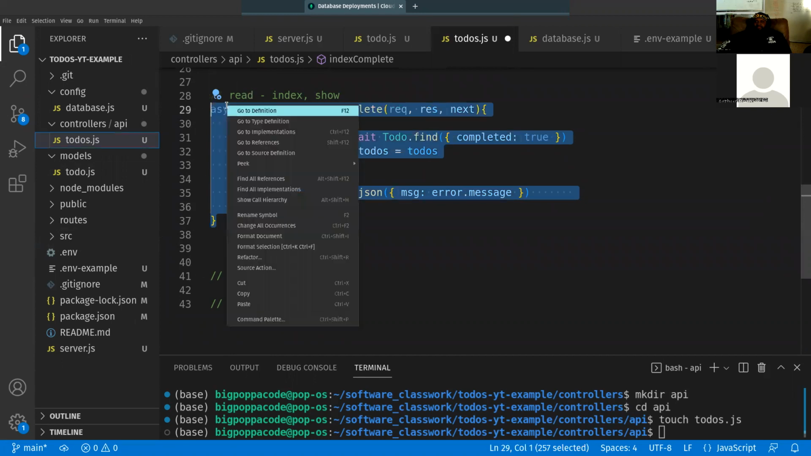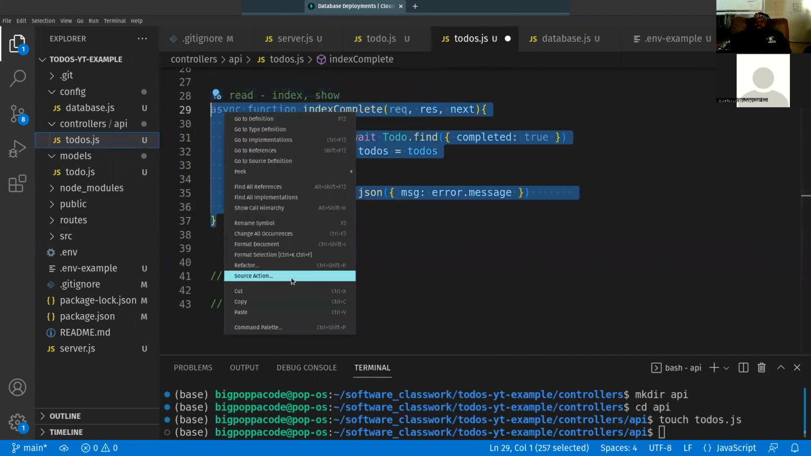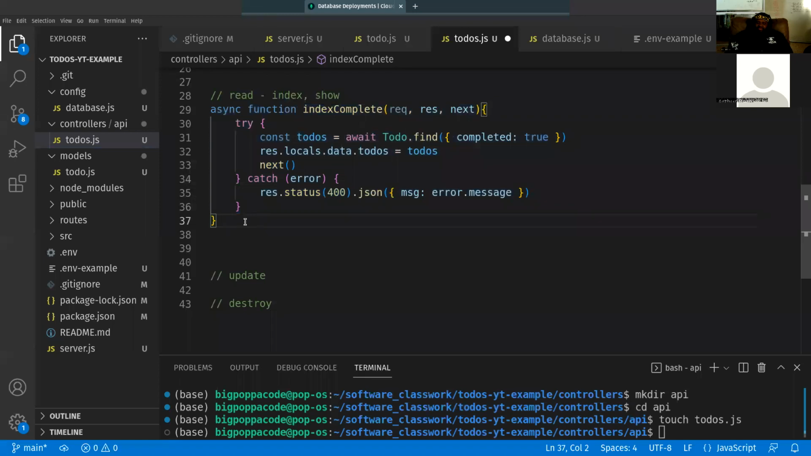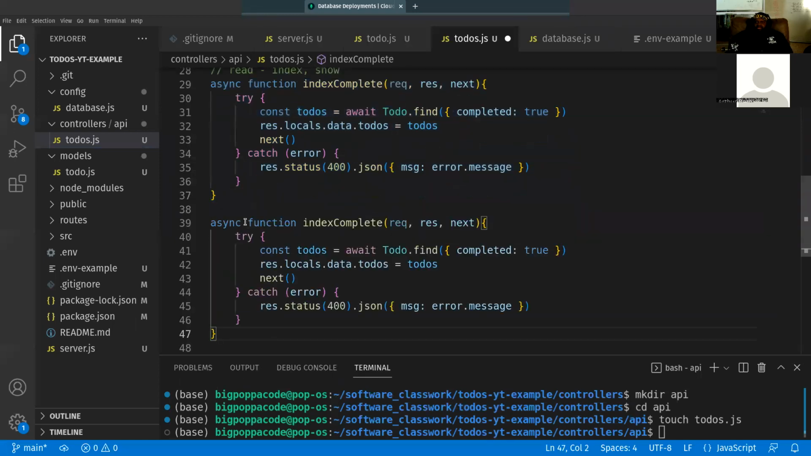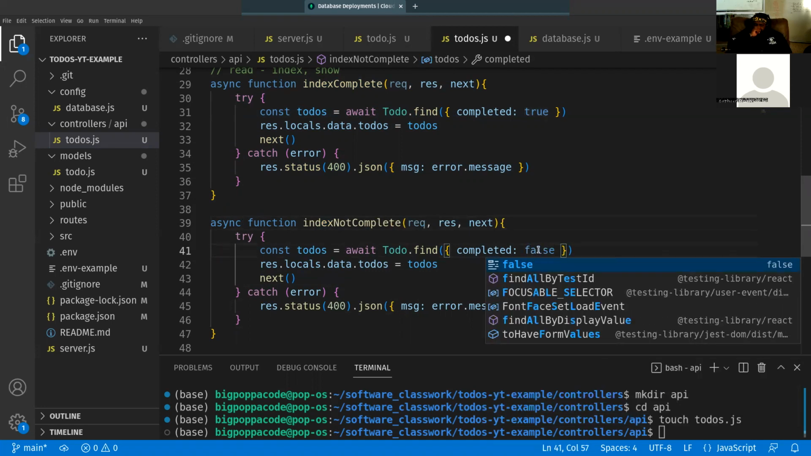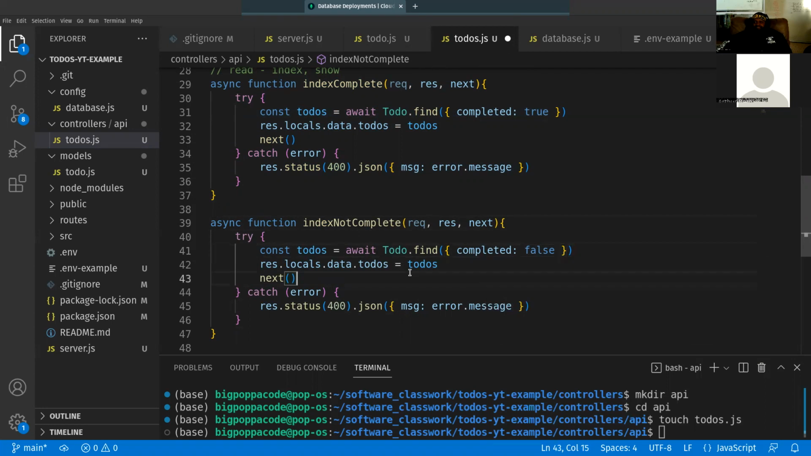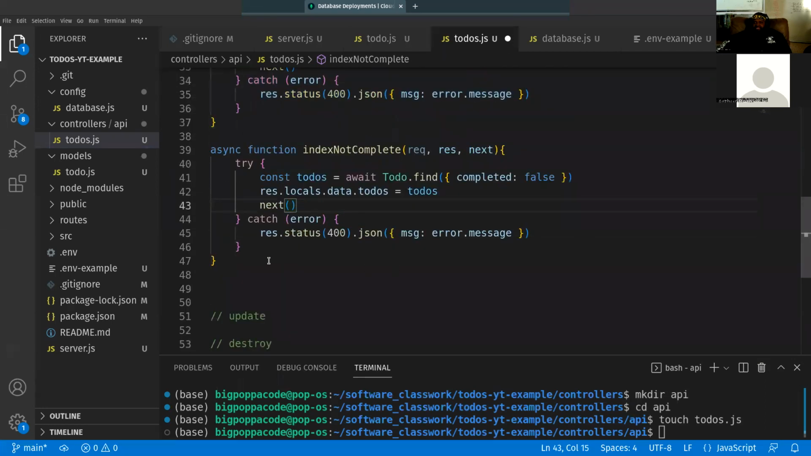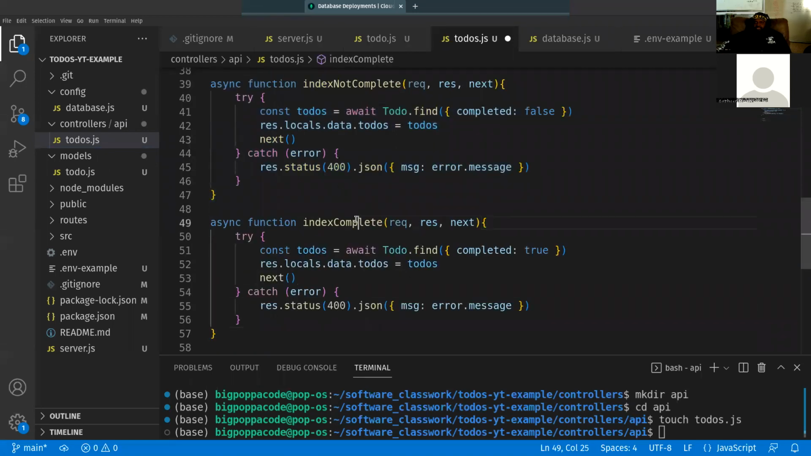I'm going to do the same thing here, except I'm going to do the opposite for the second index function. I'm going to say index not complete. And everything here is going to work exactly the same, except complete is going to be false. And everything's going to stay the same. Same thing for the show. It's also going to work the same, except for one slight difference